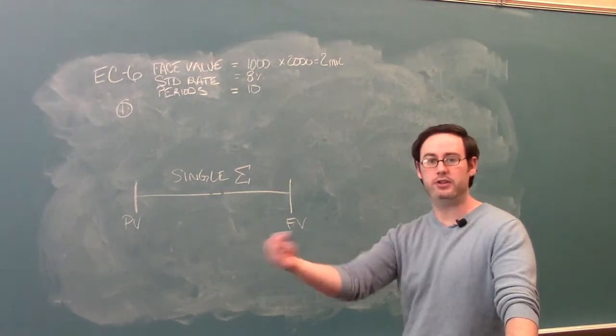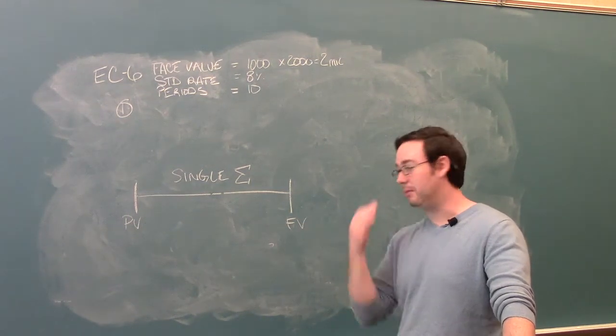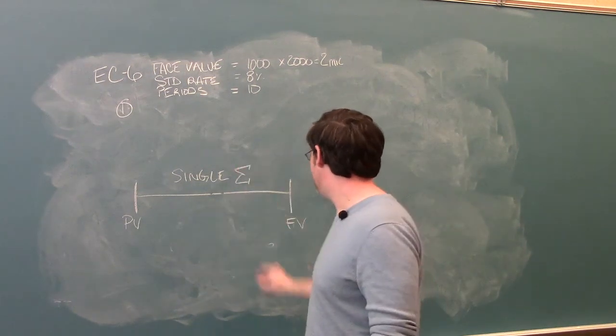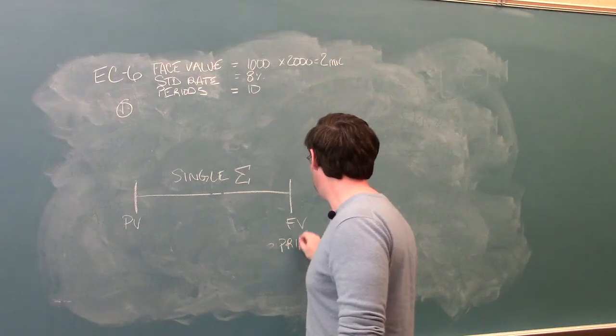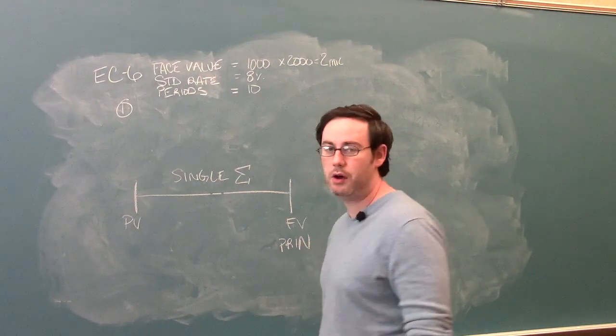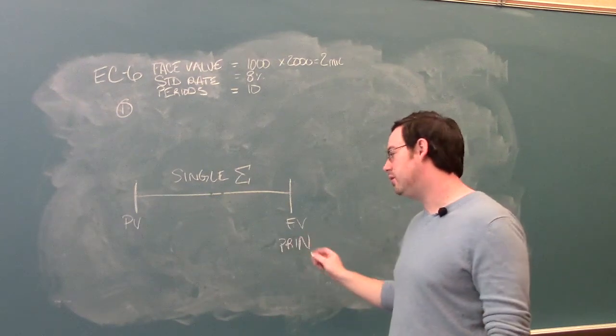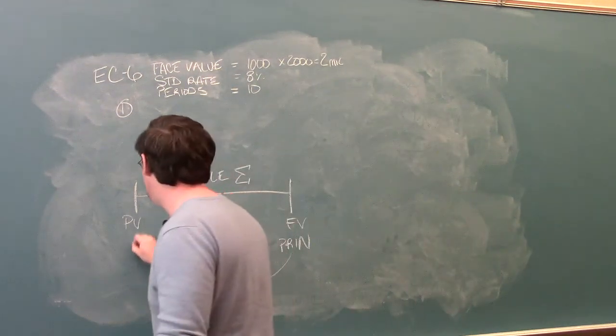You're going to give them cash, they're going to give you a contract in the form of a bond. So the single sum represents the principal that you will receive in some future amount, but since you don't get it today, dealing with this time value of money, we need to discount